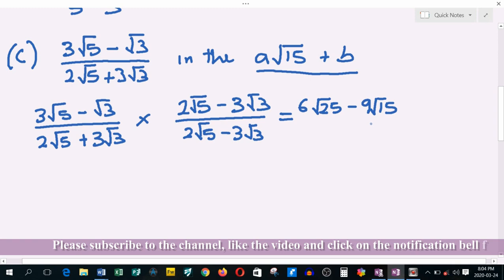Minus root 3 times 2 root 5 will give us minus 2 root 15. Minus root 3 times minus 3 root 3 will give us plus 3 root 9, all over